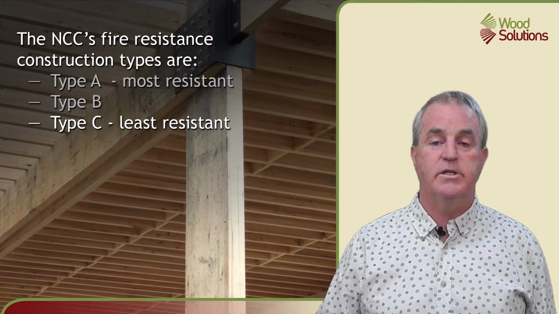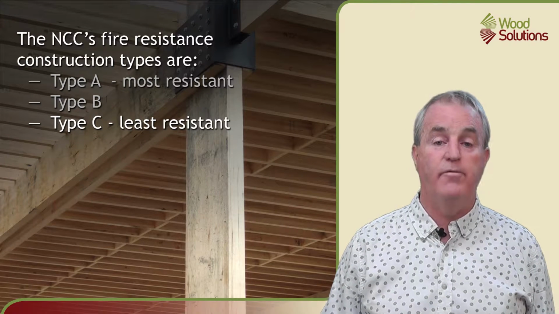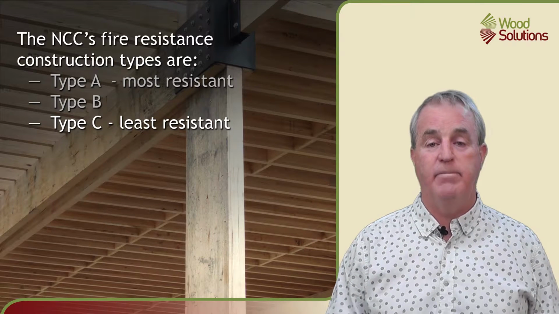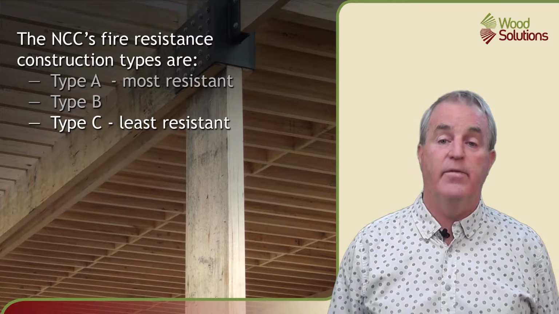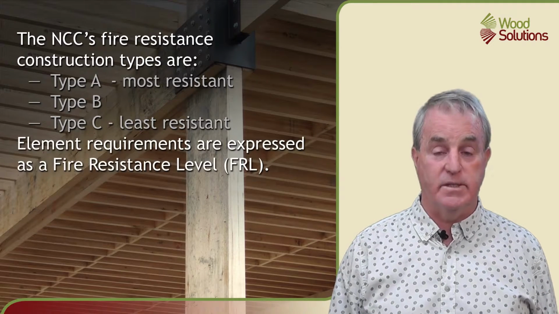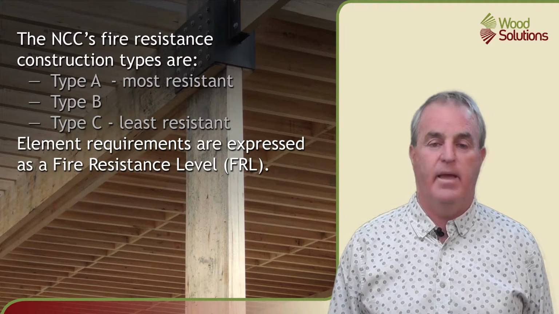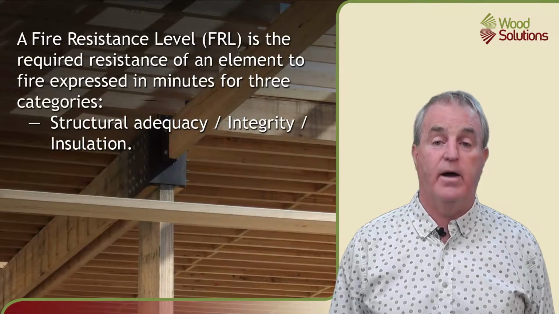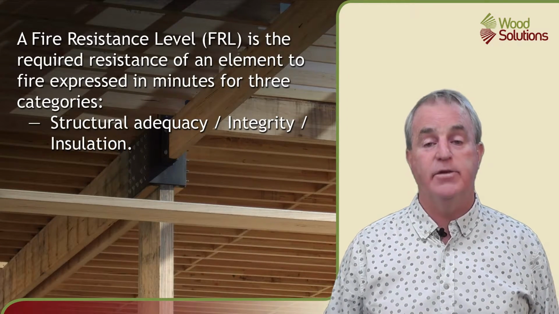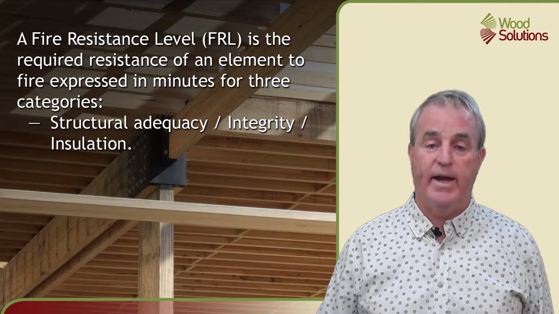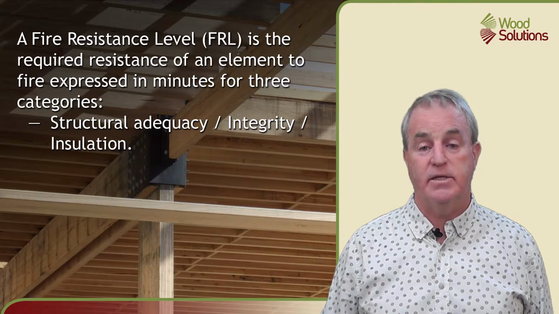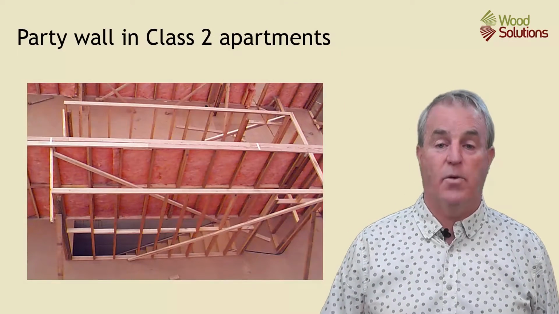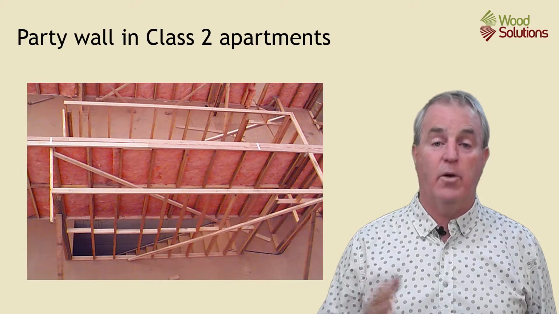The schedule for each construction type then lists the required fire resistance of elements in the building structure, its envelope, and particular internal areas. These are expressed as fire resistance levels, or FRLs. An FRL is the required resistance of an element to fire expressed in minutes for each of three categories: structural adequacy, integrity, and insulation. For example, a party wall between apartments in a 3-storey timber-framed building has a required FRL